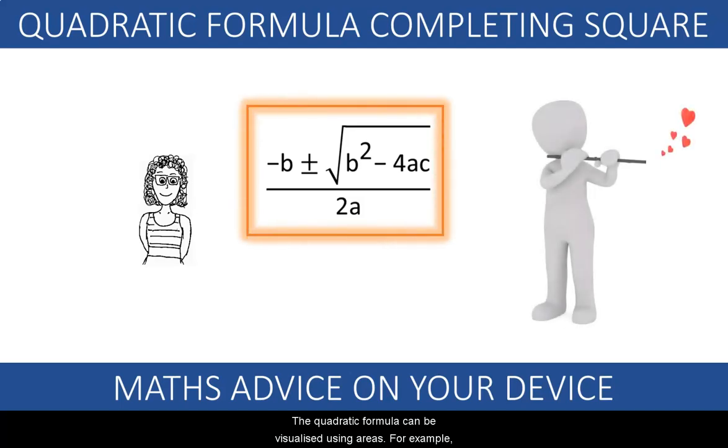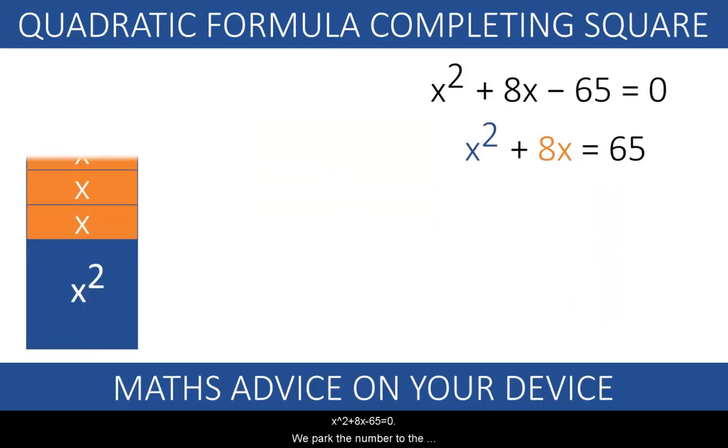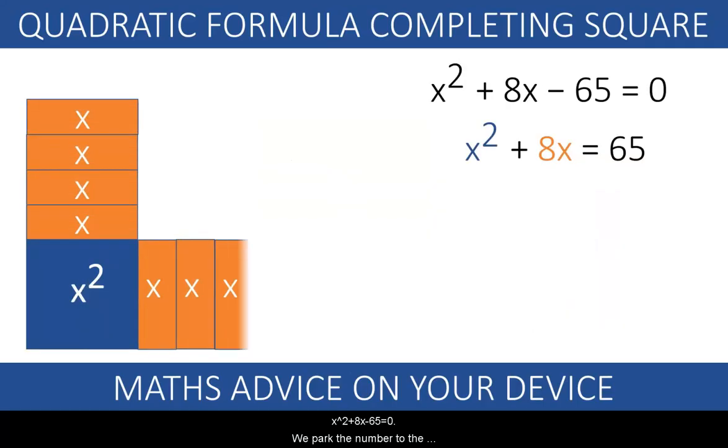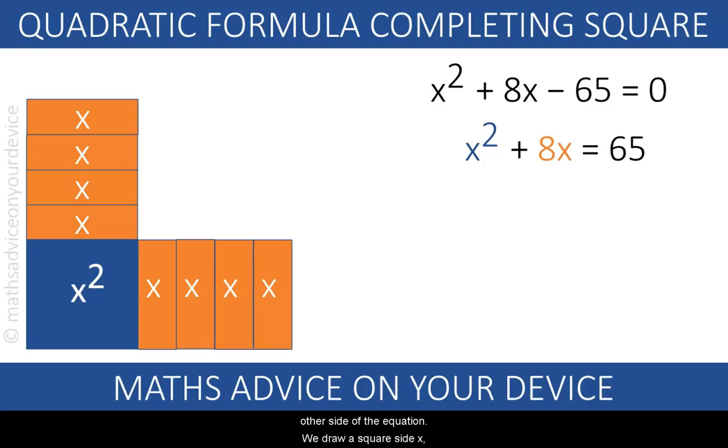The quadratic formula can be visualized using areas. For example, x squared plus 8x minus 65 equals 0. We park the number to the other side of the equation, we draw a square, side x, and we share